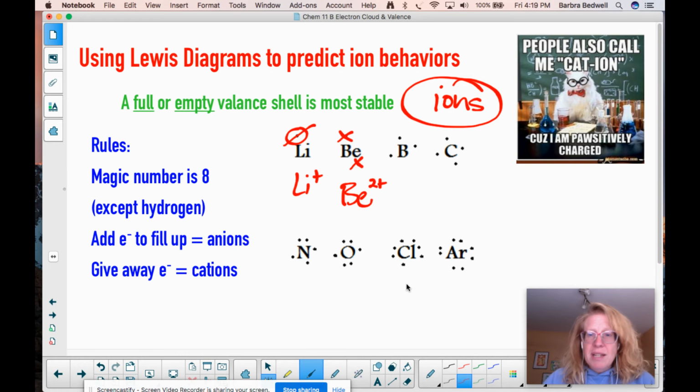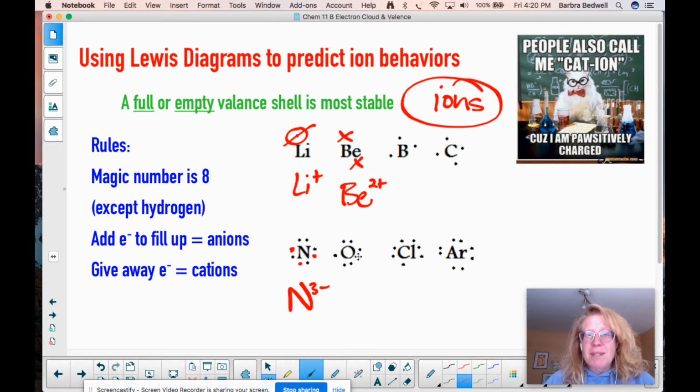I'm going to go down to these couple ones because we're going to practice this in our meet. The other ones down here, some of these guys want to fill up their shell. Like nitrogen right here, it really wants to have a full shell, and a full shell is 8. If you take a look at what nitrogen has right now, nitrogen wants to get 1, 2, 3 more electrons, which would make it a nitrogen ion. 3 more electrons gives you 3 more negative charges.